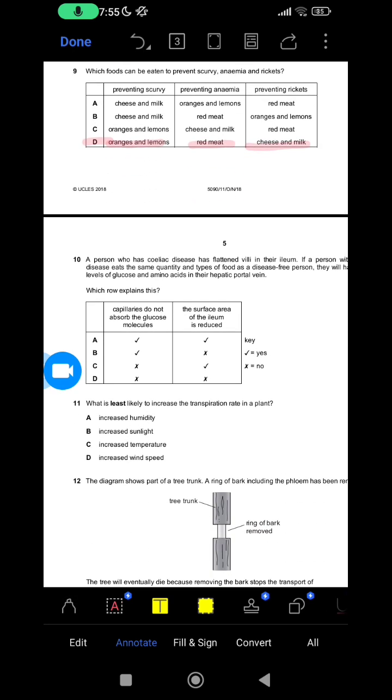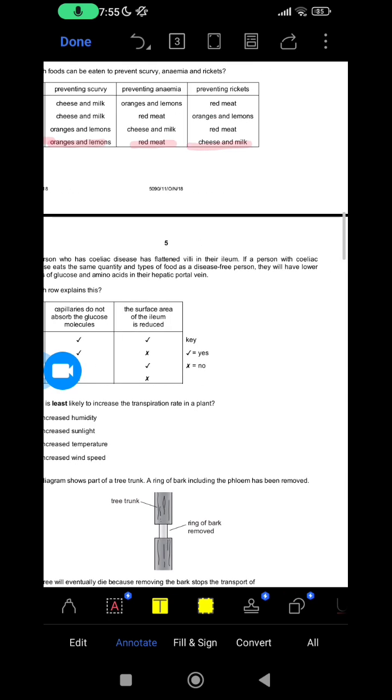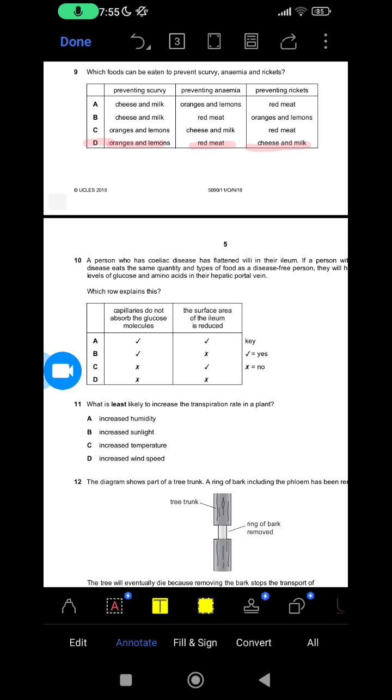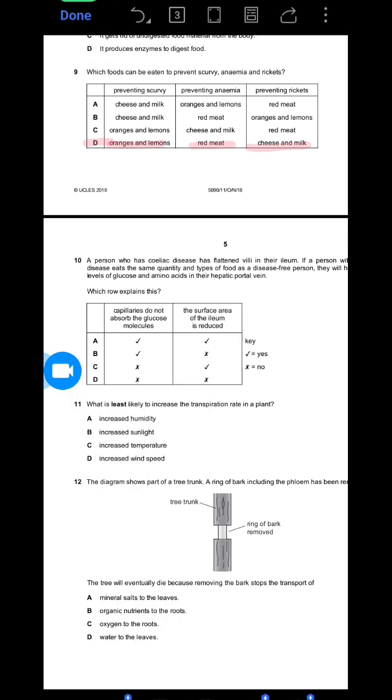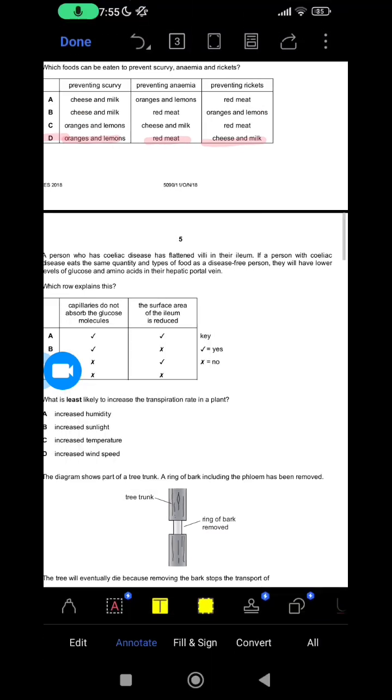A person who has coeliac disease has flattened villi in their ileum. If a person with the disease eats the same quantity and types of food as a disease-free person, they will have lower levels of glucose and amino acids in their hepatic portal vein. Which row explains this? Now, as the villi are flattened, their surface area will reduce, but this does not